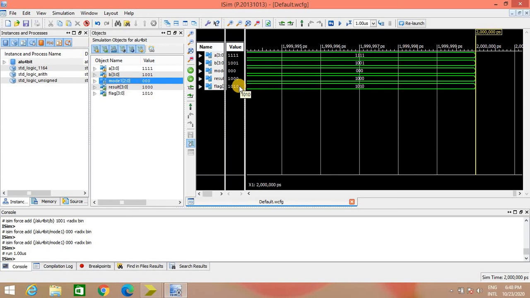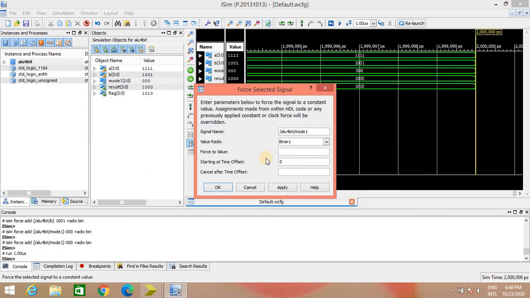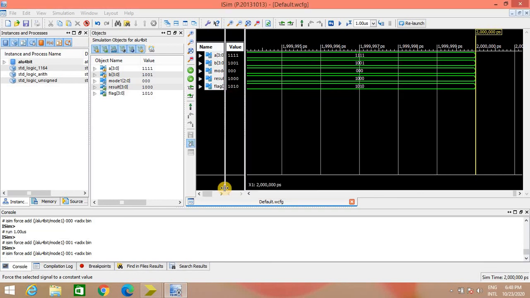Now let us perform one more operation, the subtraction. I'll keep the A and B values the same, only I will change the mode. For subtraction, the operation was 0 0 1. Apply, OK.